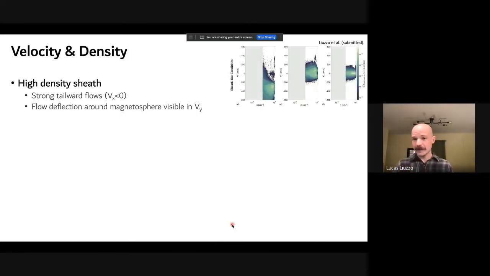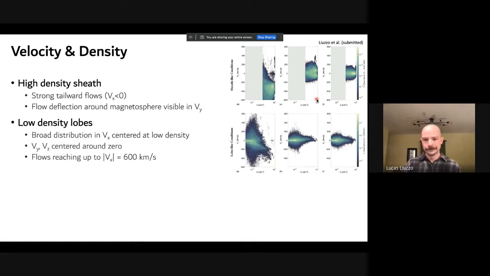If we look at the same comparison now with density, you can see very well that in the magnetosheath, these high velocity flows are each associated with higher density in the magnetosheath plasma, again centered close to 10 ions per cubic centimeter. And in Vx, almost all of these observations are exclusively associated with this tailward flow. So again, this is the solar wind flowing past the magnetosphere obstacle. And again, in Vy, you can see this two-peak structure associated with the dawn and dusk side of